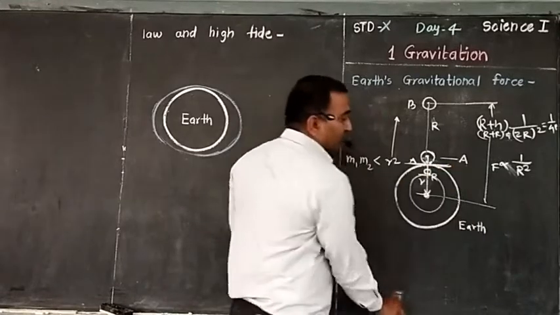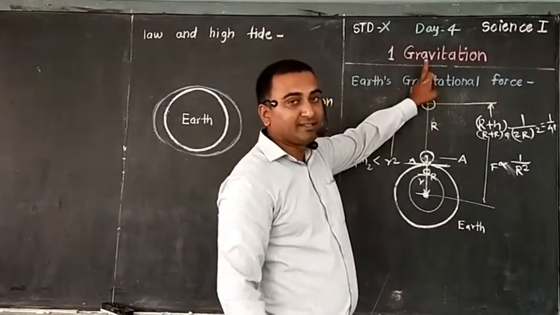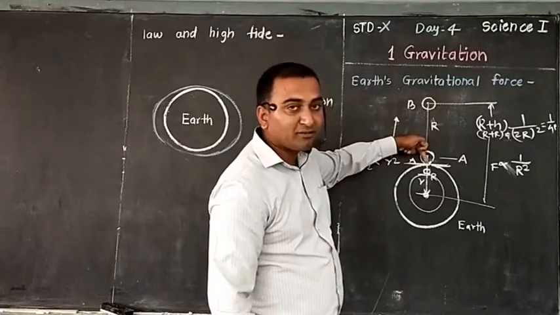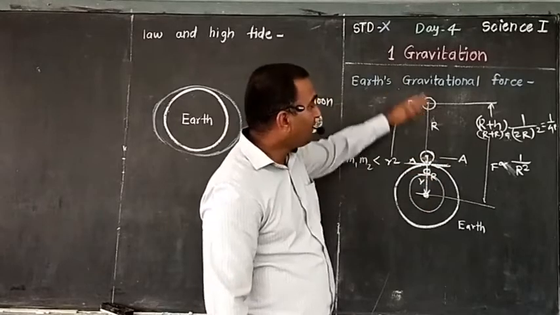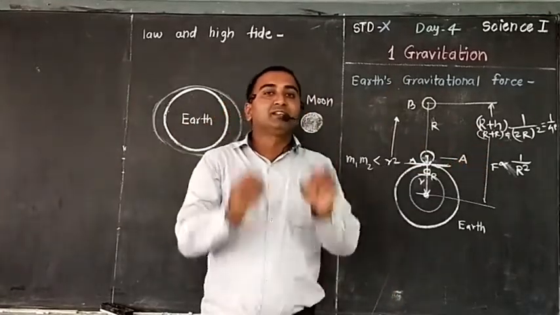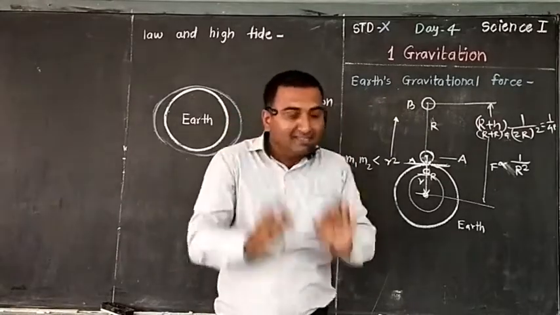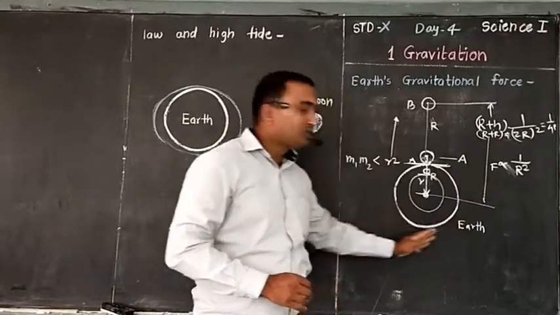From the surface of the earth, the gravitational force goes on decreasing upward, and again from the surface of the earth, the gravitational force decreases below. So upward and downward, at both places it is decreasing, which means the gravitational force is highest at the surface of the earth. That is the information about the earth.